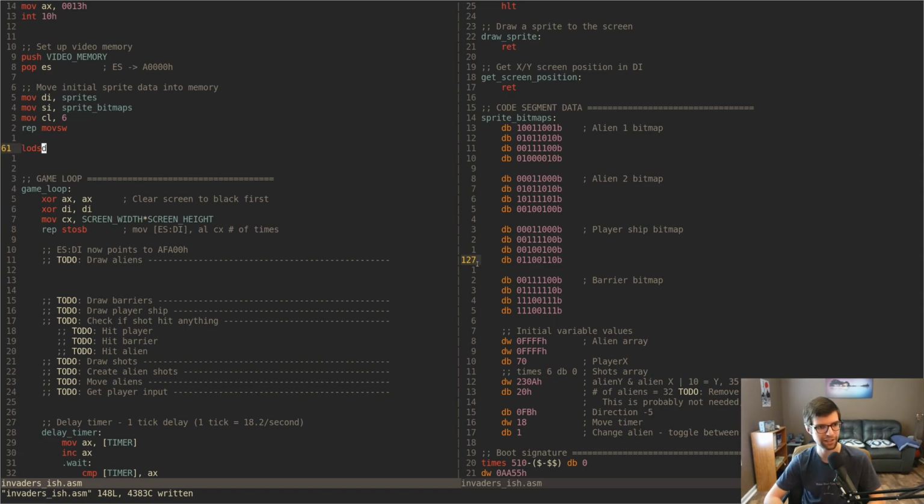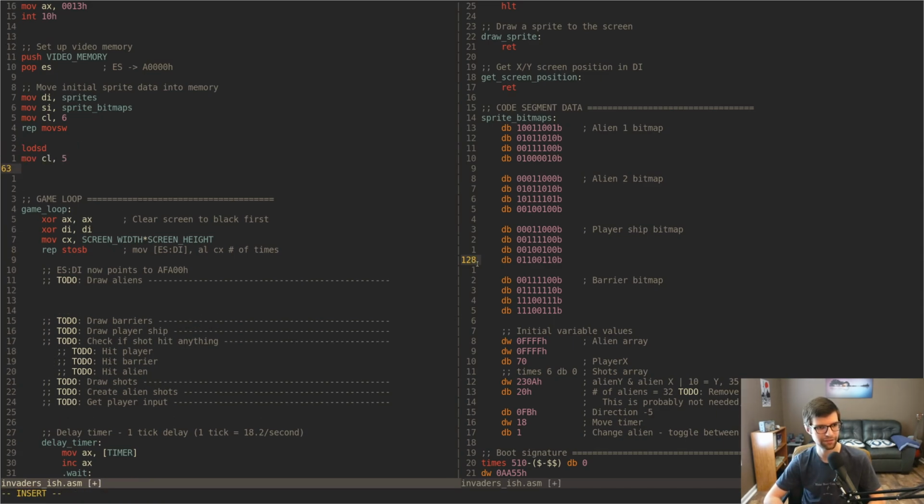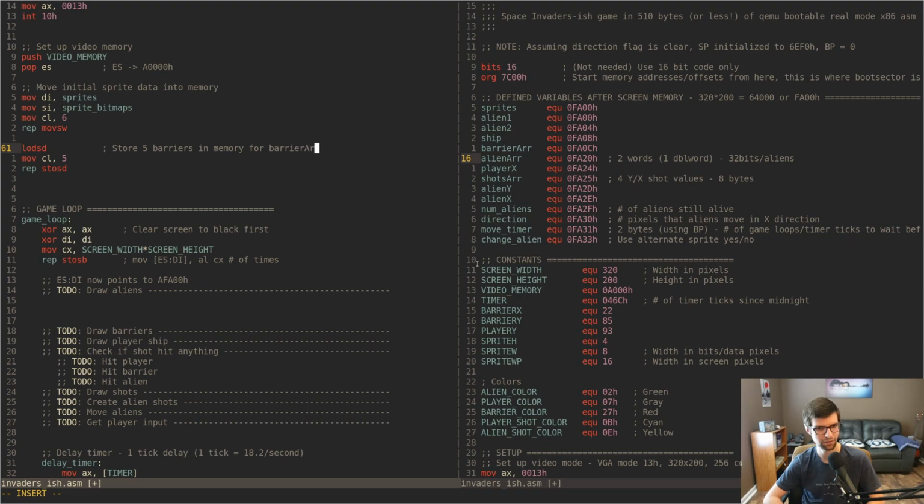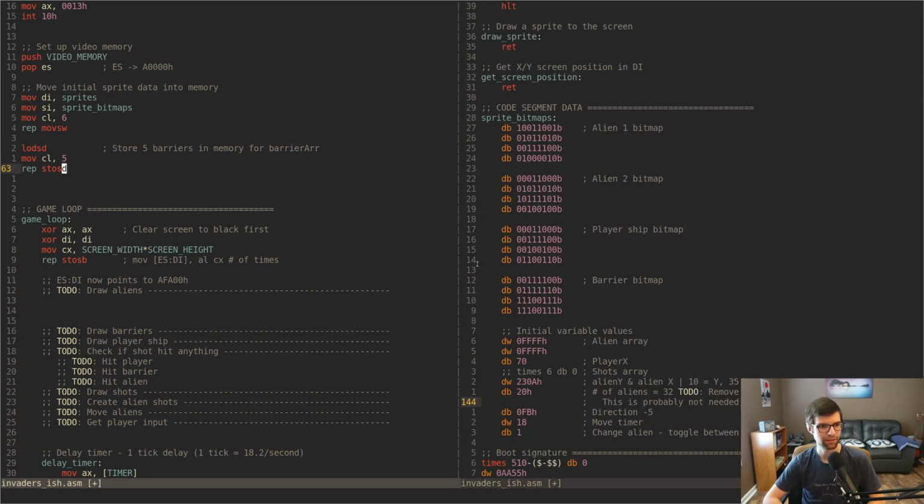But we can move that all into EAX, and then we can repeat 5 times and store string double word. Store string double word would have a size prefix, and repeat would be a prefix. So this should be 3 bytes, this will be 2, this will be 2. Not that you're keeping track, just letting you know. Normally, if we did string word, it would be 1 byte less, but we're using a size prefix to use 32-bit values here. So we'll store 5 barriers, 4 barrier array. Okay, and then I'll do